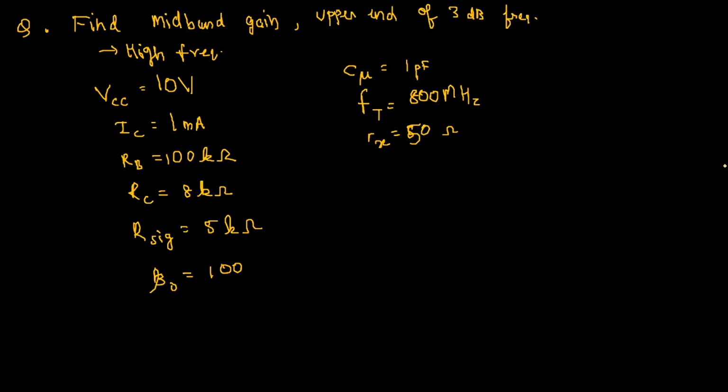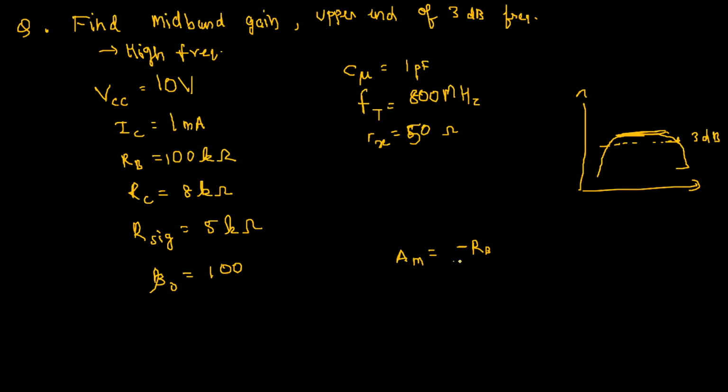What this means is when you have the Bode plot, your graph goes something like this, and this is your 3 decibel line. You're supposed to find the midband gain as well as this 3 decibel line at the upper end using the given data. So the first thing that we'll do is find our midband gain AM with the formula